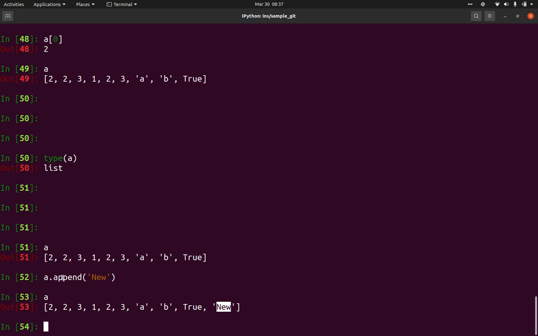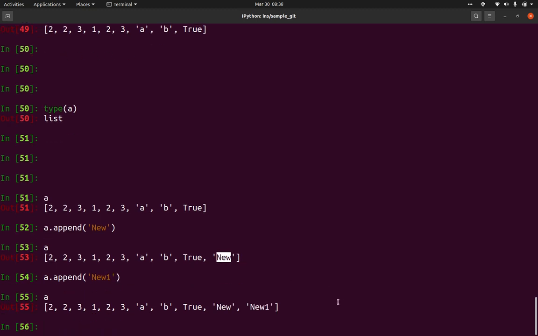Whenever you are using append, it will always add the elements at the end of the list. It will not insert the values in front of any place, in any of these indexes. It will only add the elements in the last place. So append is used to add new elements.